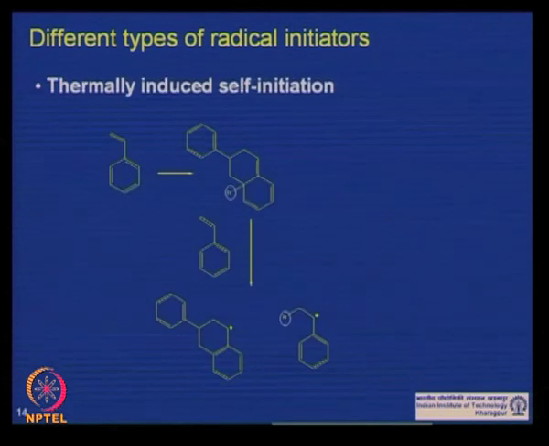This has been proved only for the case of styrene, and this is the mechanism proposed for thermally induced self initiation of styrene, whereas two styrene molecules by Diels-Alder coupling first get dimerized, and then